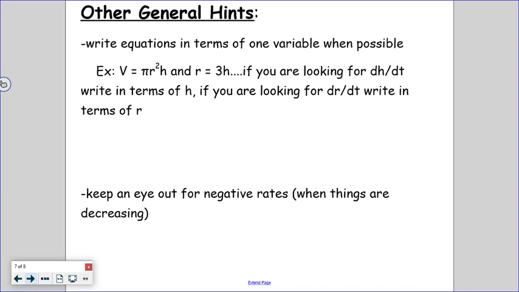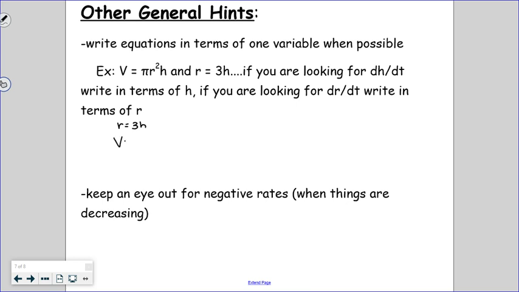Some hints that we will use: if I am trying to solve for a particular rate, it is easier to write your function in terms of that variable. So if they had handed me a volume of what looks like a cylinder, because pi r squared h would be the volume of a cylinder, and that our radius is 3 times our height, and we are trying to solve for the rate of change of our height, dh/dt, it's easiest if I were to instead come back and write this in terms of height. Okay, so how would I do that? Well, if r equals 3h,